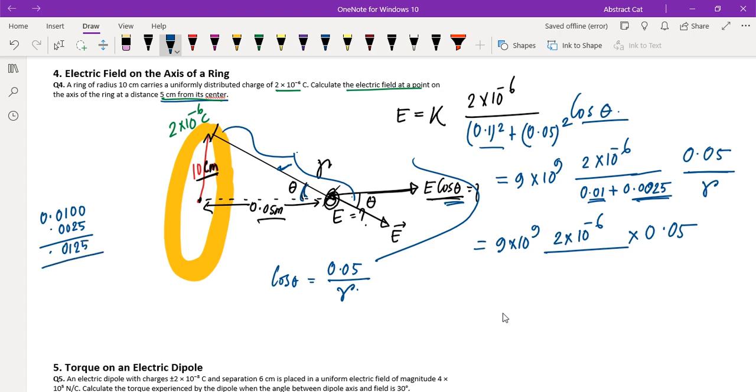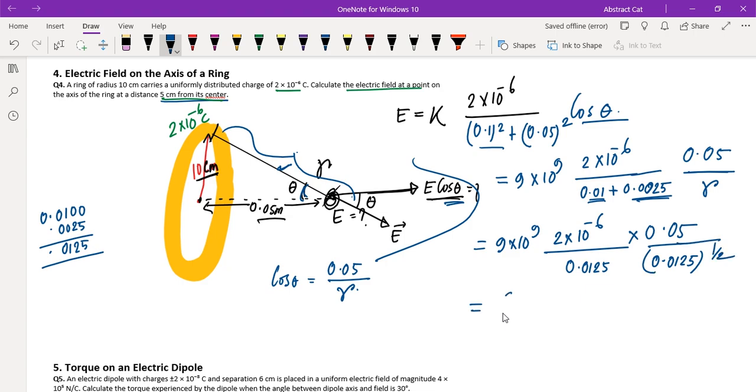So same value here, but here is the root, okay, so 0.0125, here we get the same 0.0125, but there is a half,